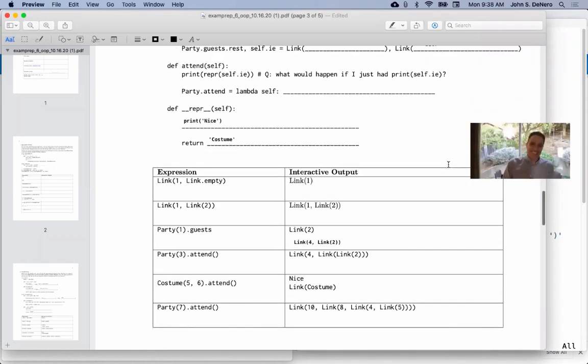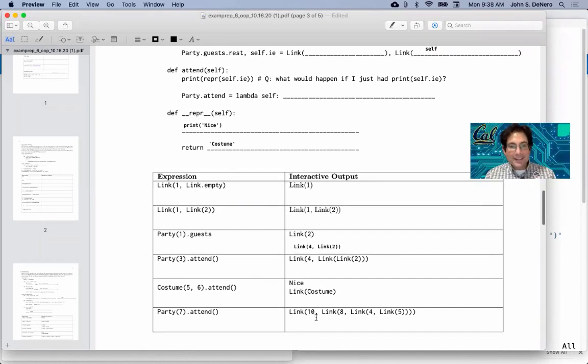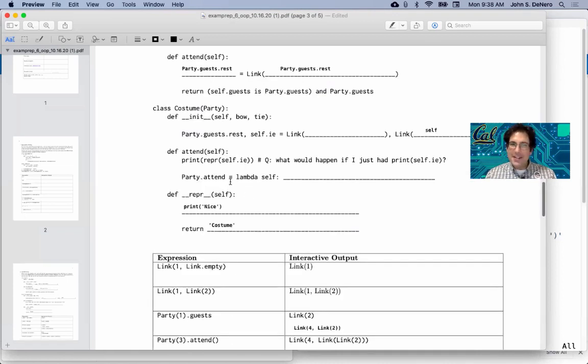And that's not even the end of the question, because apparently there's a whole other part to it. Attend again. I have to say, this is a killer question. If the exam prep is difficult, then maybe the exam will seem more reasonable, or maybe not. We'll see. So this is changing what party.attend does